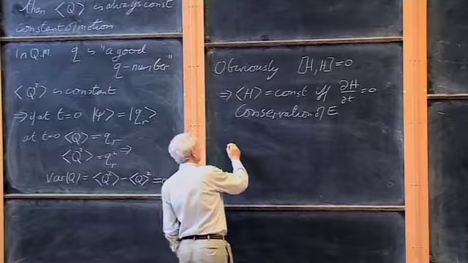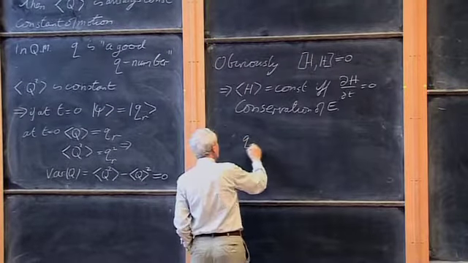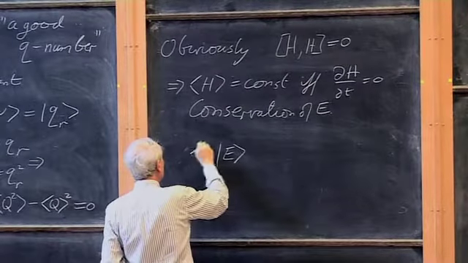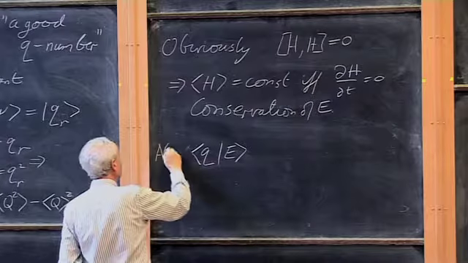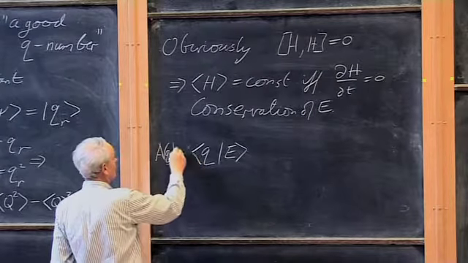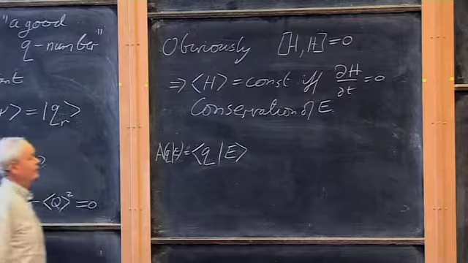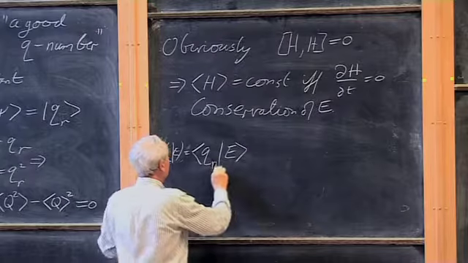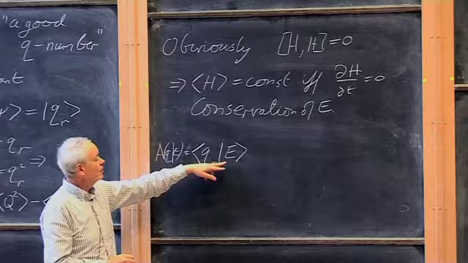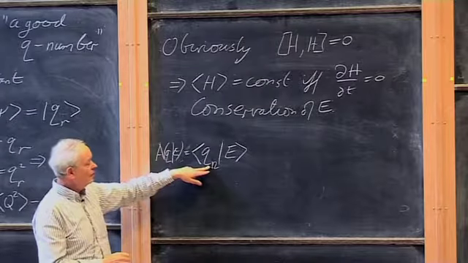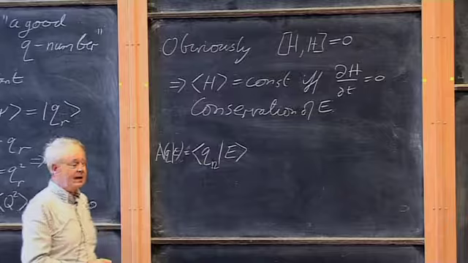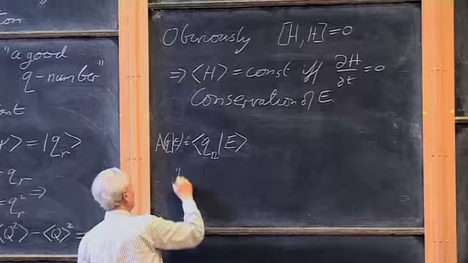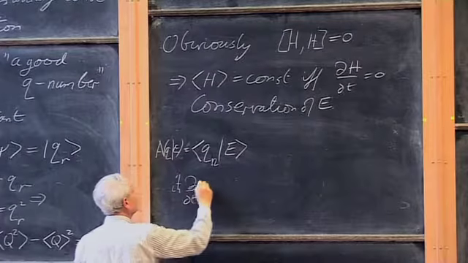So the amplitude, let's have a look at Qn given E. This is the amplitude to find the value Qn if you would measure with the observable Q, given that you're in a state with well-defined energy E. Let's work out the time derivative of this. i h bar d by dt of this quantity